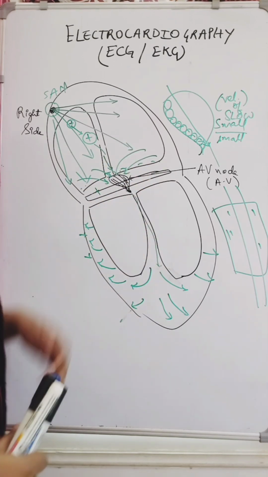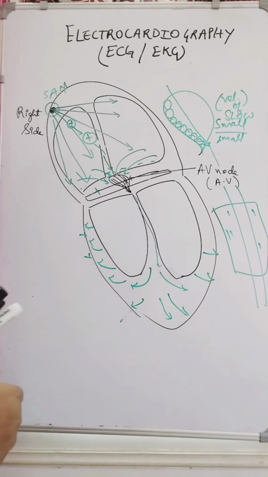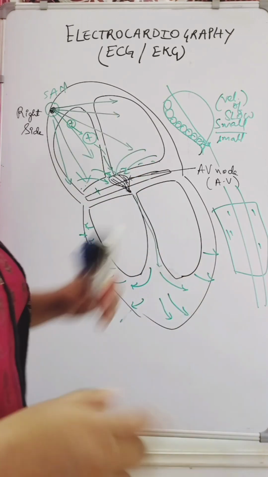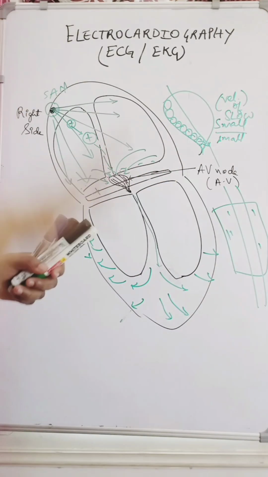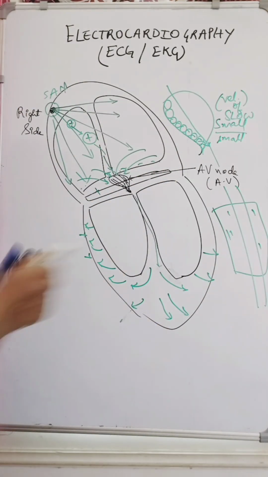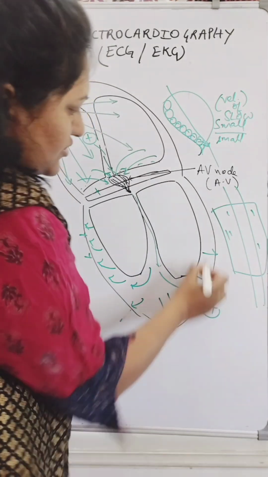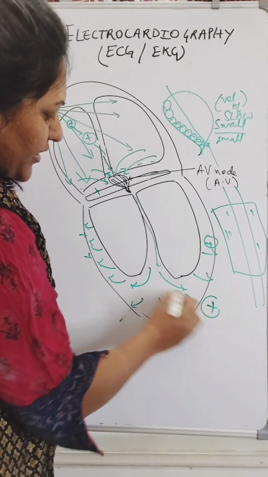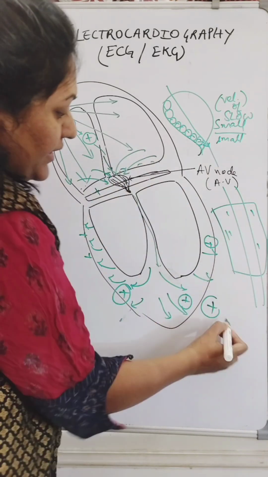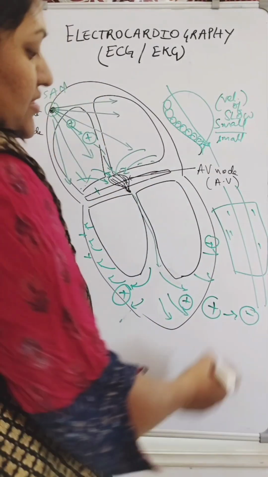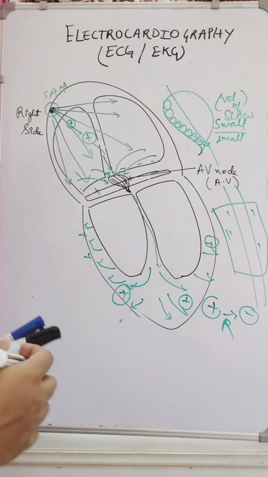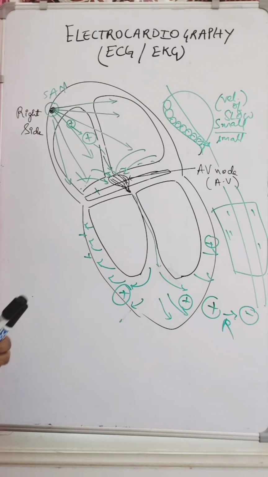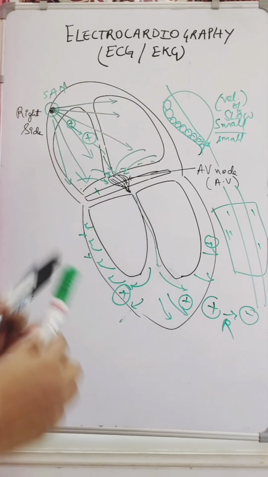But then what happens now is that this reverse relaxation process is not depolarization, it is repolarization. It means again the positive charges which are distributed here will be converted to electronegativity. This is the repolarization. We had already studied this in the very first topic, action potential. So the same process occurs in the heart ventricles also.